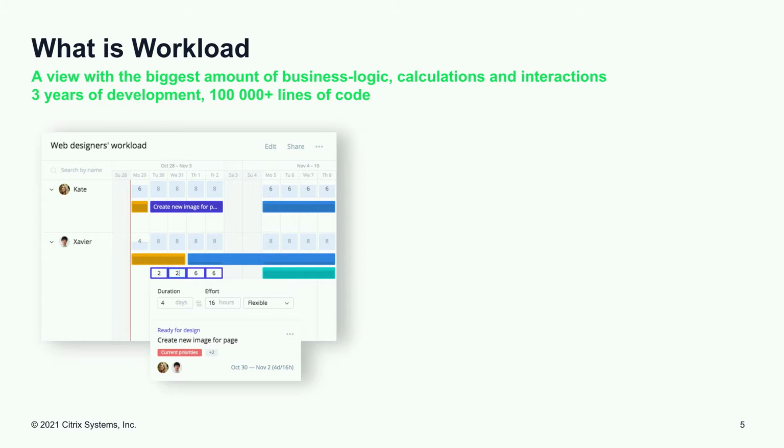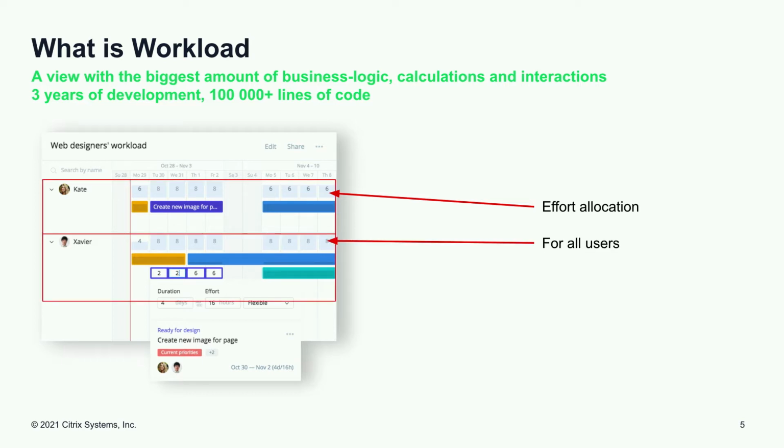So basically, that's it. But when it comes to a real technical implementation, what do we have here? First, this effort allocation is being calculated at both front end and back end. So you can imagine how many cells we have in the front end and how many calculations we have every single time when this change detection works, right?